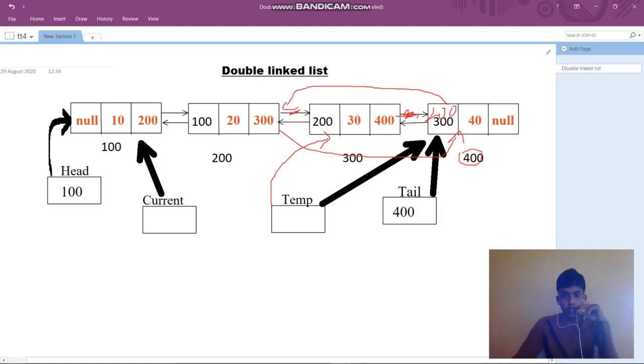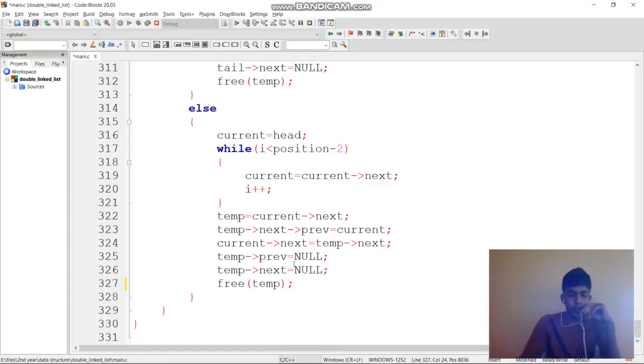So we need to make both of these null. Temp of previous null, temp of next null. Null means it will become null, so both of these links are broken. Now we need to free this memory. So I free temp. See here, free of temp.